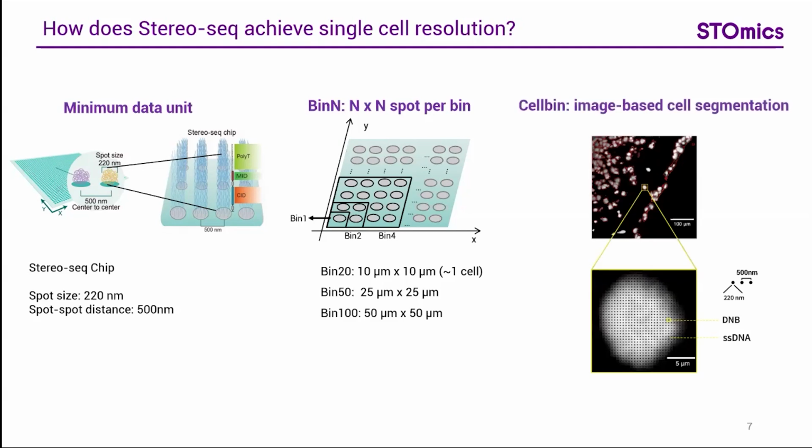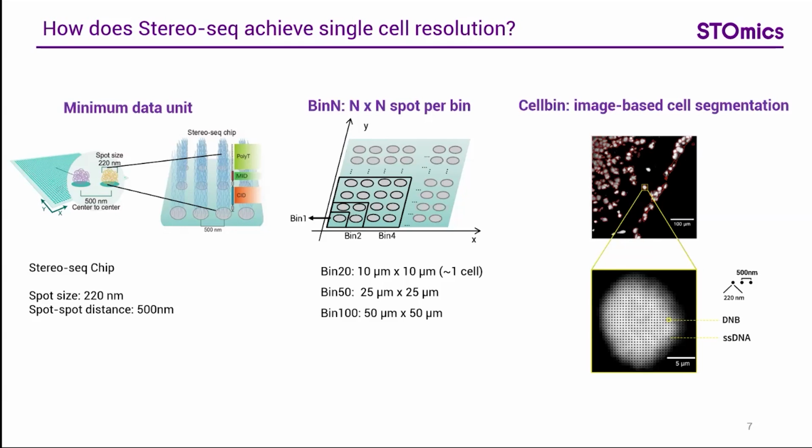In addition to combining spots in squares, another method is to use images to separate each cell by their boundaries, called cell bin. Cell bin is more accurate than bin 20 as it combines spots within an entire cell into one data point. Stereo-seq's high resolution and large chip size result in very large scale data. A single sample may contain hundreds of thousands of bin 20 or cell bin data points, posing significant challenges for